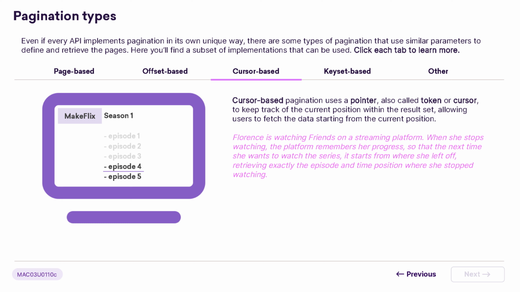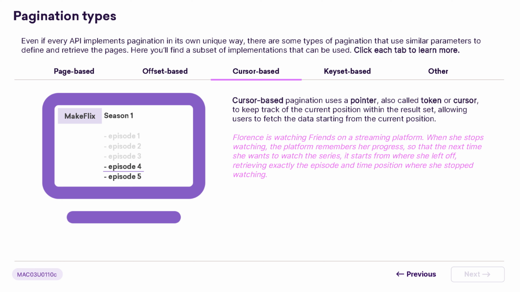In cursor-based pagination, think of it as having a bookmark in a book. When Florence watches Friends on her favorite streaming platform, the app remembers exactly where she paused using a pointer or cursor. This means that next time she hits play, the platform takes her right back to the spot she left off. It's as if the streaming service uses a key to unlock her specific episode in time, ensuring a seamless